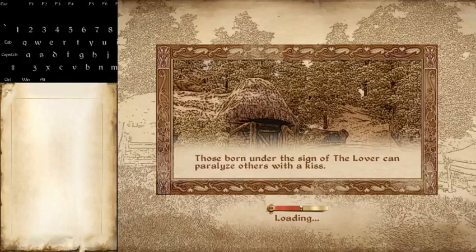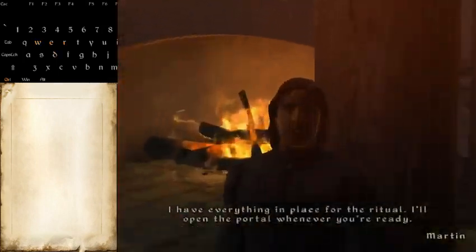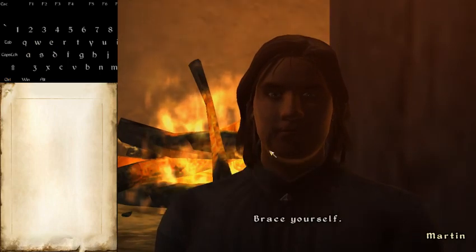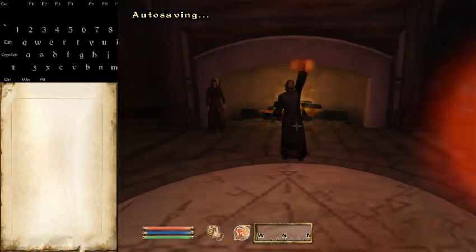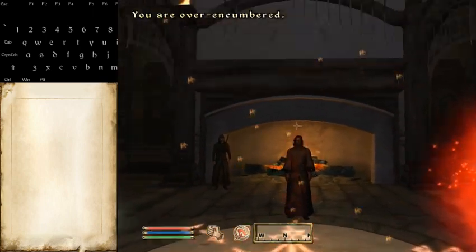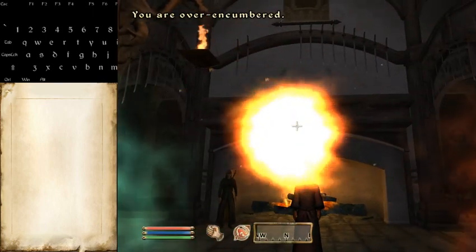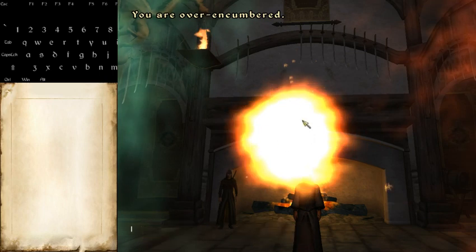Drink some skooma, go through the door, talk to Martin, tell him you do want to go to the portal to paradise, and then wait 1 hour. So he stands right there. And then when you see this white ball of fire up here, just drink 4 from the